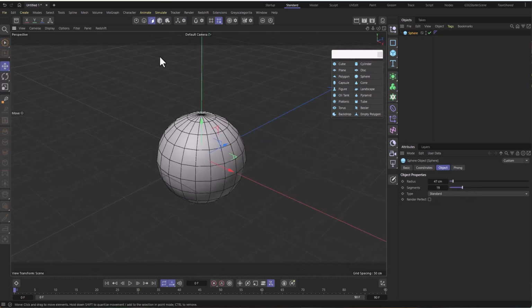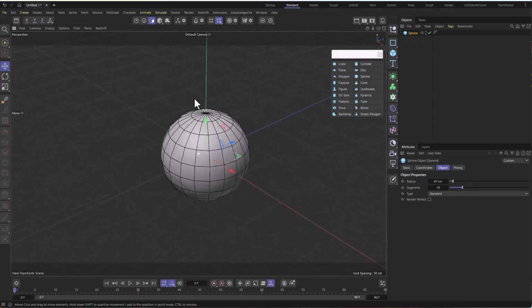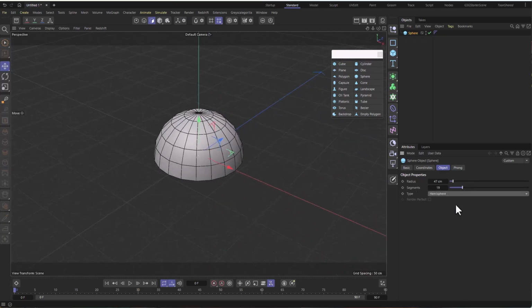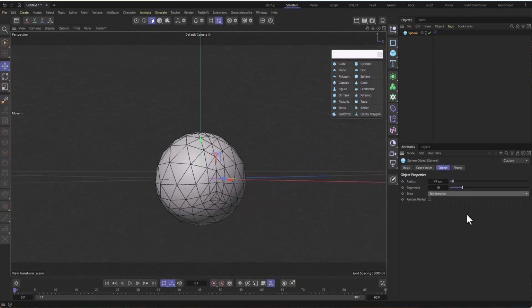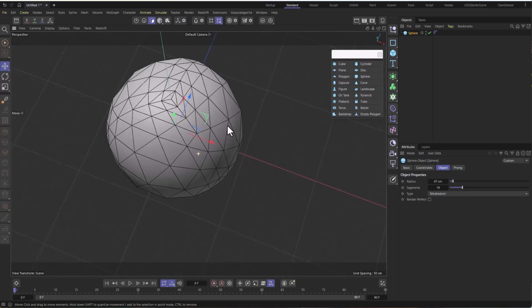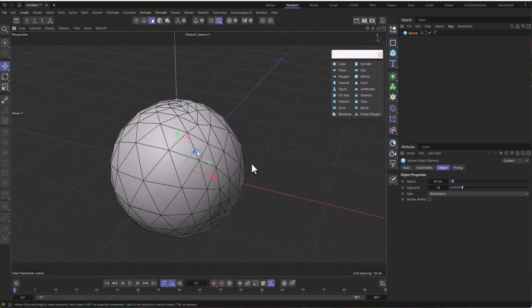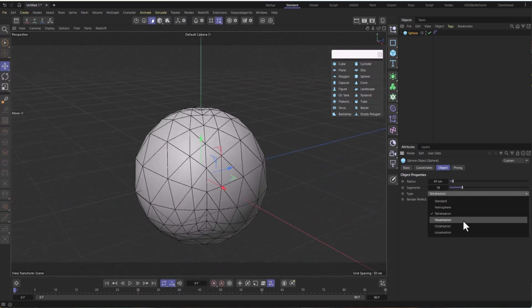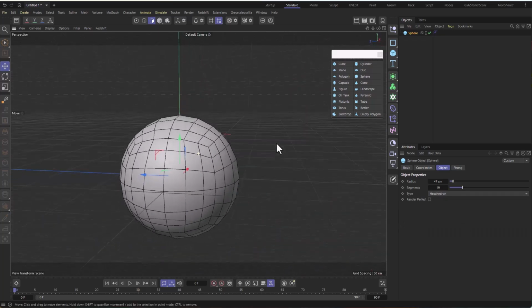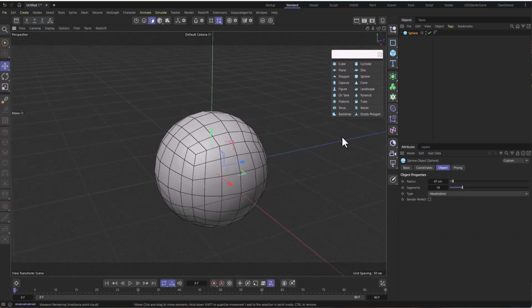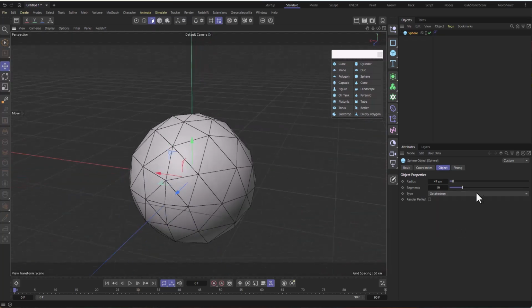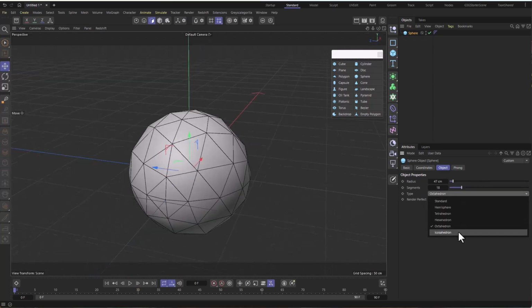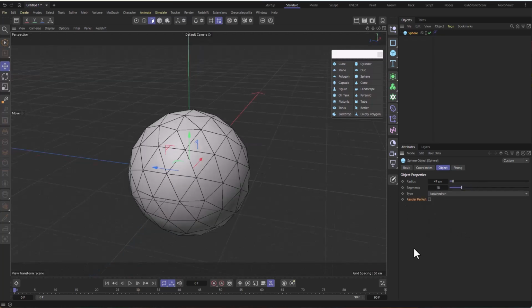So we can change from standard, which is this type of sphere, to a hemisphere, which is half of the sphere, a tetrahedron, which is a sphere that has the polygon split all into triangles, the hexahedron, which is a sphere that has the polygon split all into quads, the octahedron, which also has triangles, and the icosahedron. The last option that we have is render perfect, and what this does is that when you